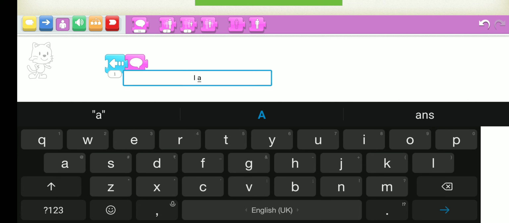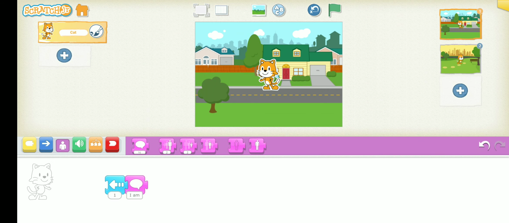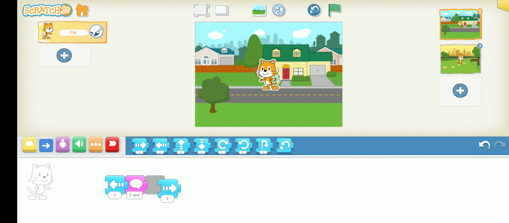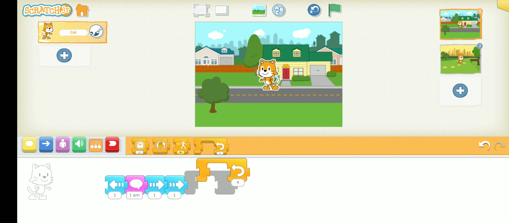I am playing a very simple message, and you can add your audio or voice, no problem. Again, come forward by 2 blocks, and this time I am taking the loop or repeat option, and I am putting everything inside the repeat block. So now it will repeat for 4 times.